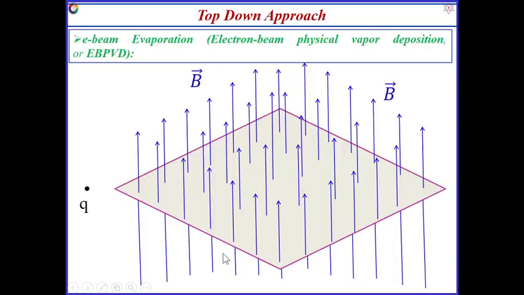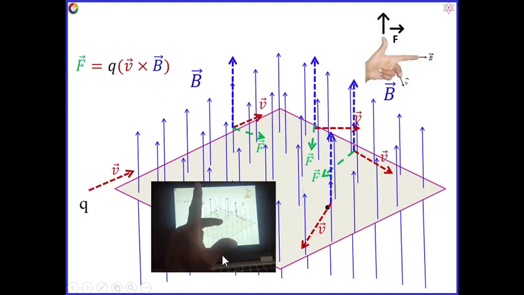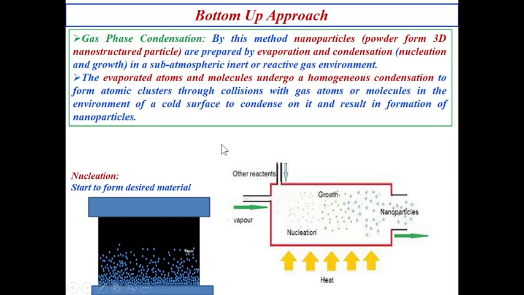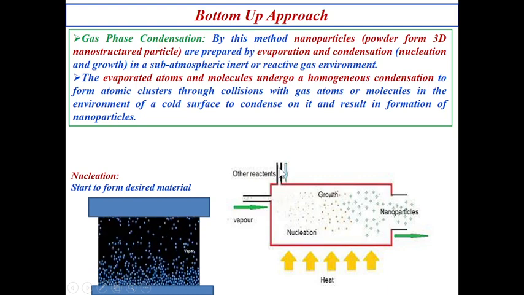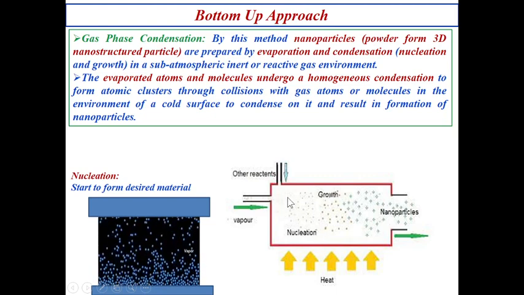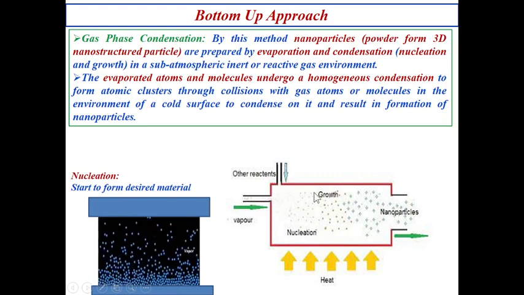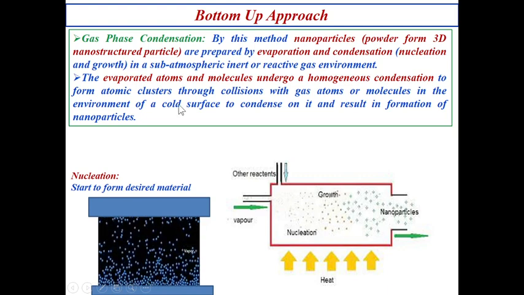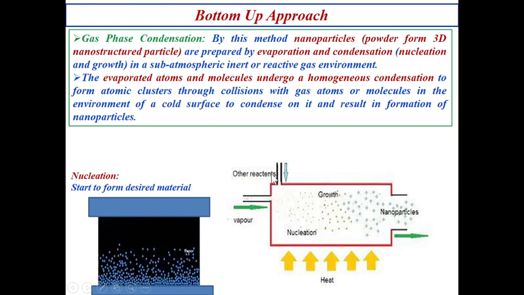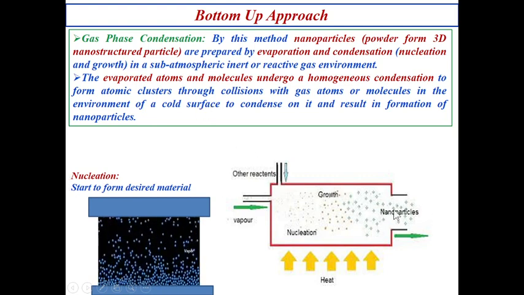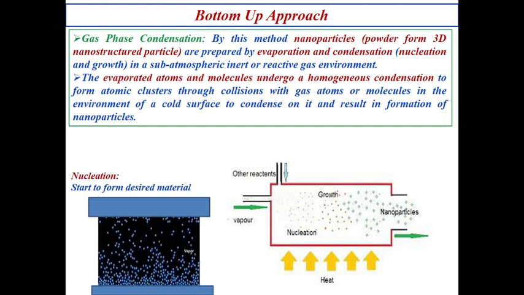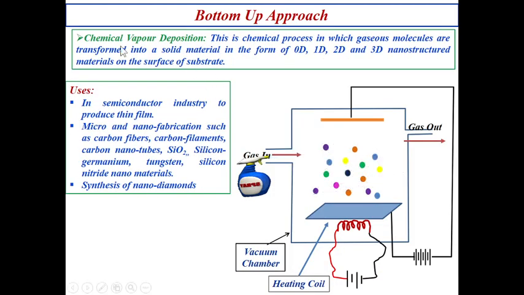We did these things in the case of gas phase condensation. In gas phase condensation we discussed the same, because we consider the precursor materials in atomic and molecular form, then we use vapor, and both atoms and molecules of the raw materials are vaporized, then at the time of condensation they form atomic clusters. When the atomic clusters undergo further condensation, nucleation starts, and we collect the desired nanoparticles with a particular size.